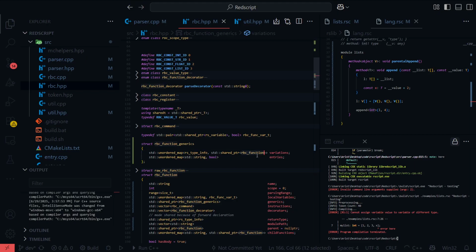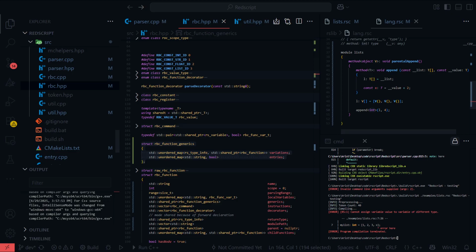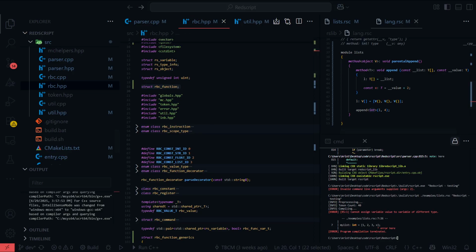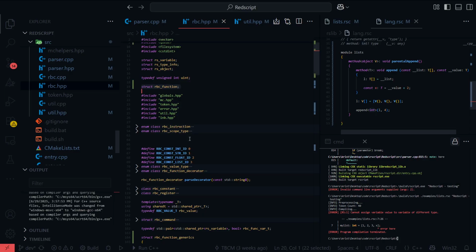Okay. Time to ask ChatGPT how would I make this code compile? Because I don't think it will. So I need to make the